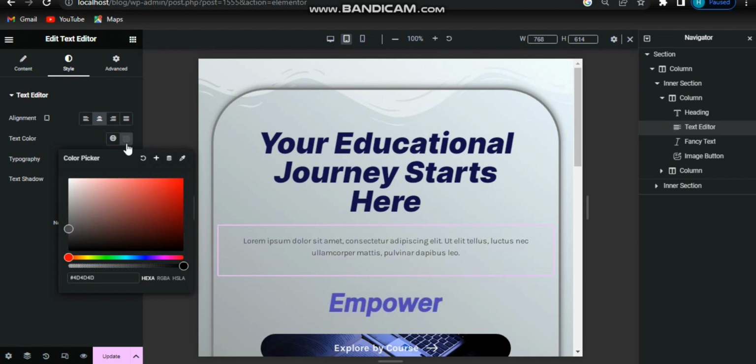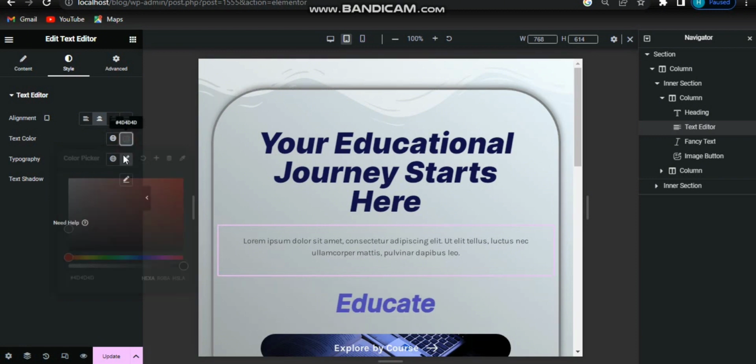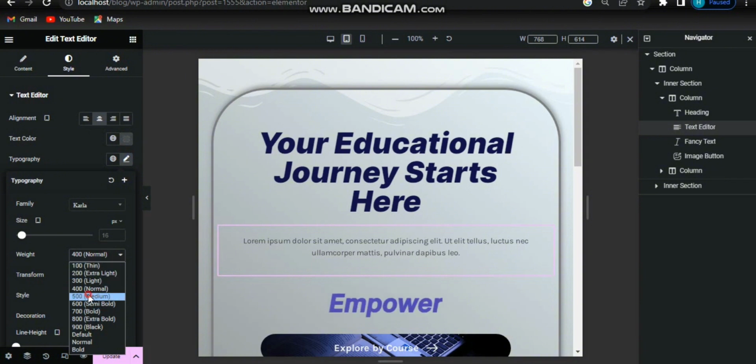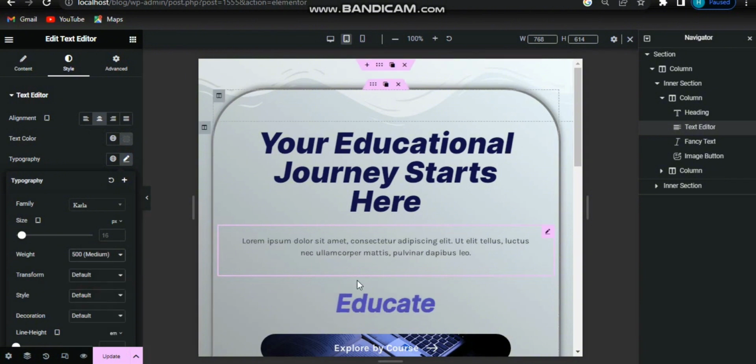Give it a color so that it would be visible, and from here I want to give it weight like 500, and